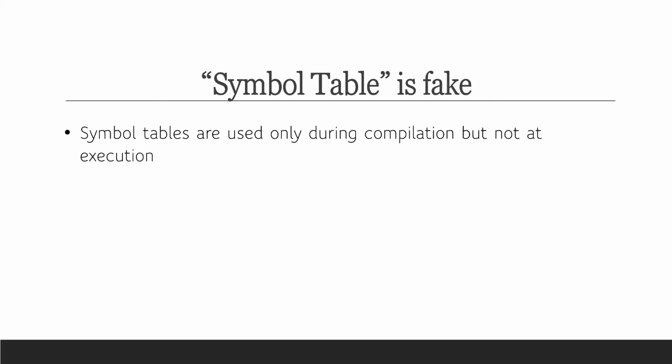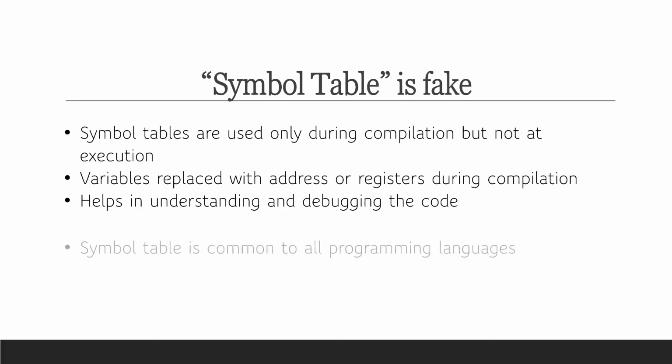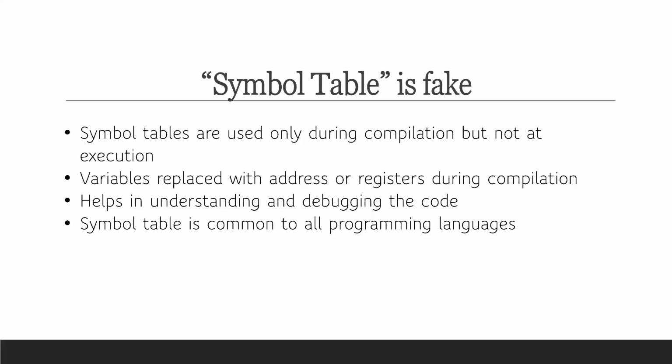Symbol table is used only during compilation but not program execution. During program execution, all the variables including pointers are converted to corresponding addresses and registers, so there is no need of a symbol table. But including a symbol table while dry running and debugging a code will give you an upper edge and save a lot of time. This abstract concept is not just specific to C programming, you can apply it for any programming language.